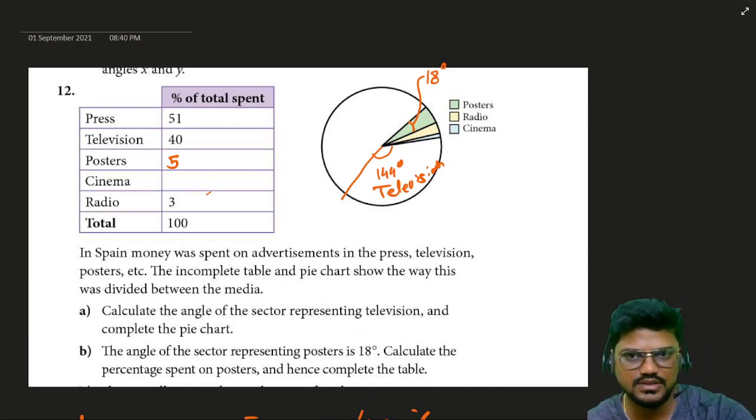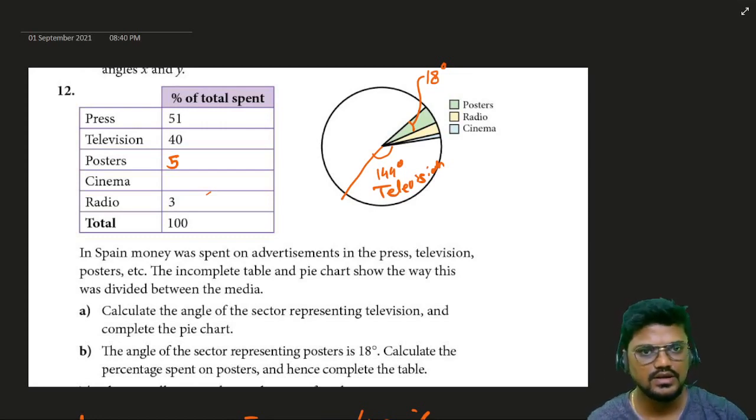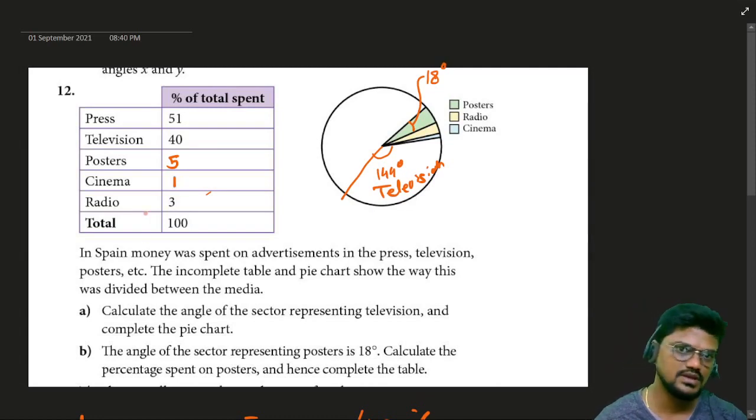So what is it exactly? Let's calculate: 51 plus 40, plus 5, plus 3, that is 99. So the answer is 1. For cinema it is 1%. Even if they ask what is the degree for cinema, then